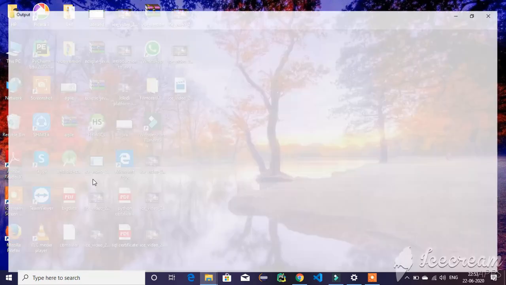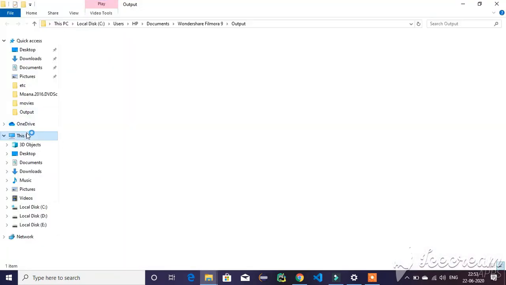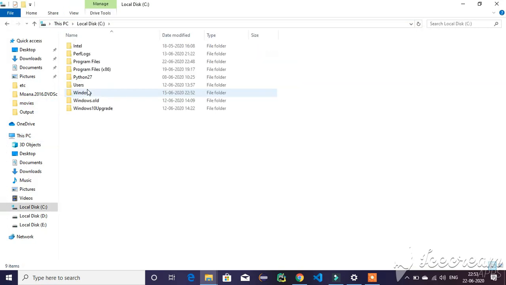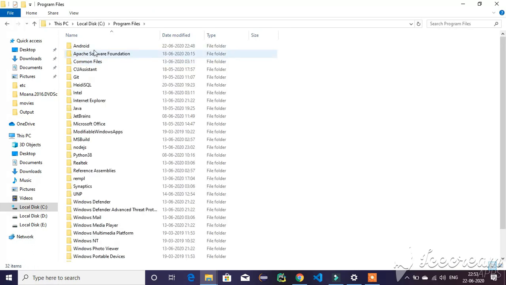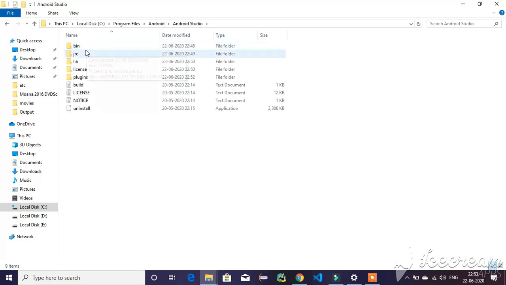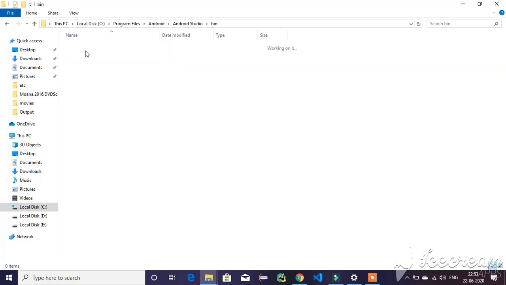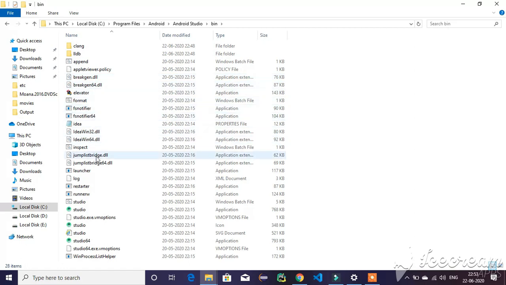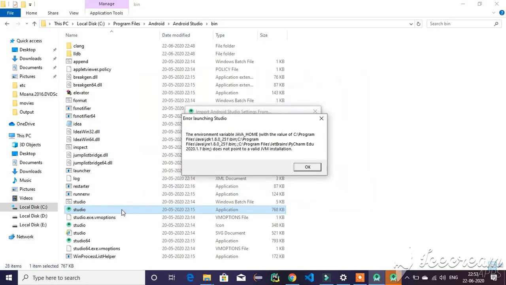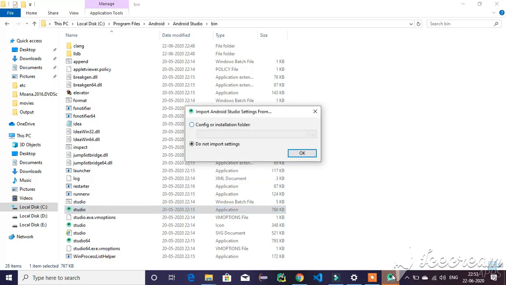Otherwise, let's go to the C drive, Program Files. Look here, your Android Studio is installed successfully. Go to the bin folder and it will show you the studio application. Just click on it. It will open automatically. Click on OK and look here,